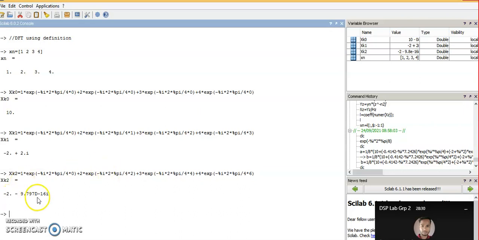This is -2 and this is 0, so 10 raised to power minus 16 is 0, so we can ignore this part. The imaginary part is 0 for this. Then next will be xk3. xk3 will be equal to 1 into,